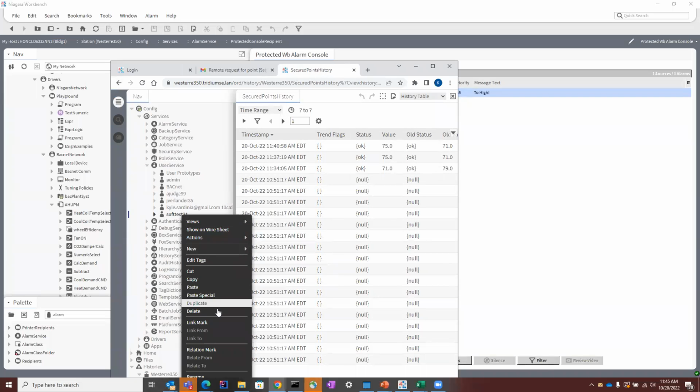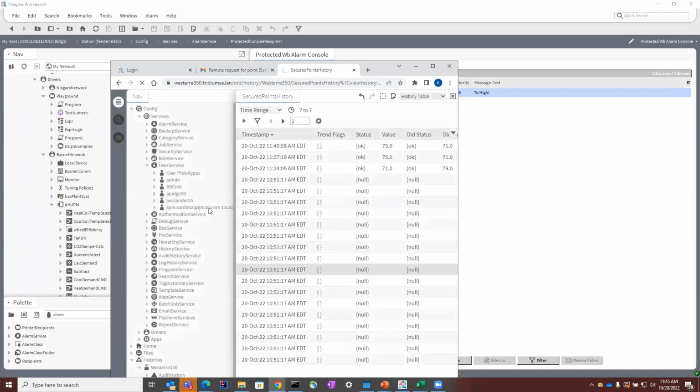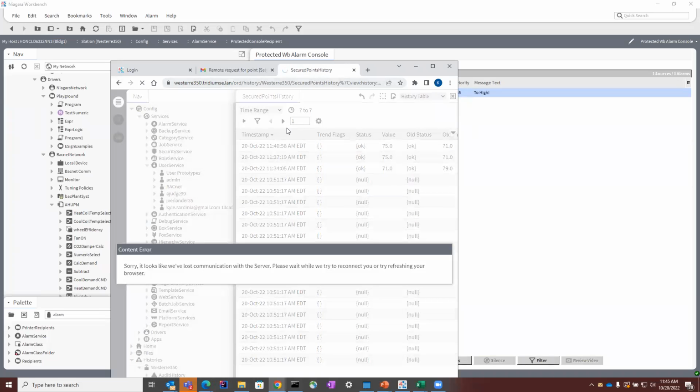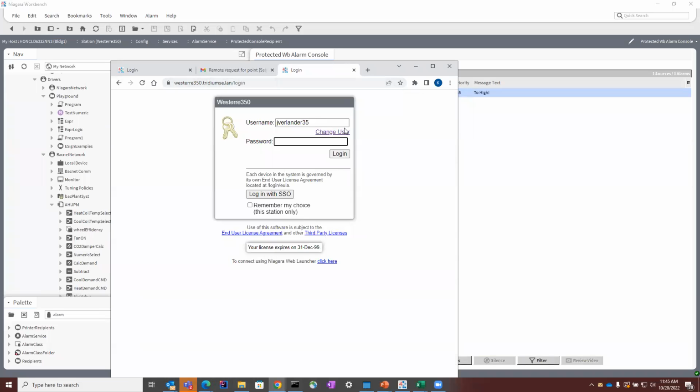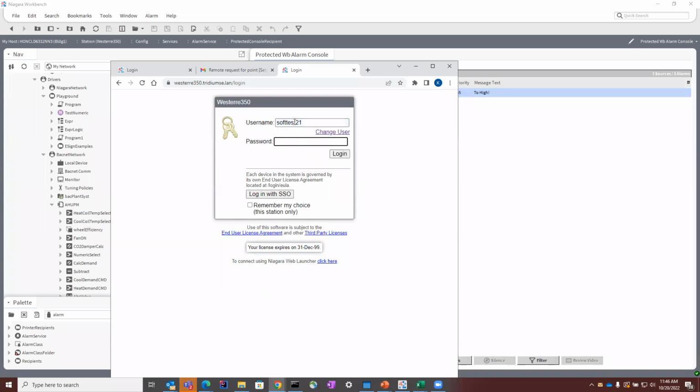Let's delete this user, to log out. Change my user. That just cached there. It's no longer in my user service, but